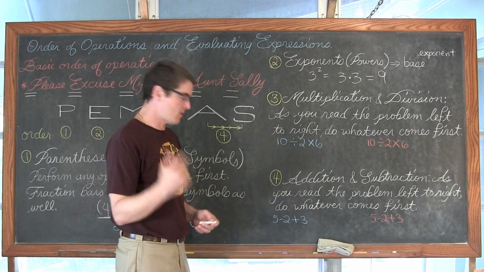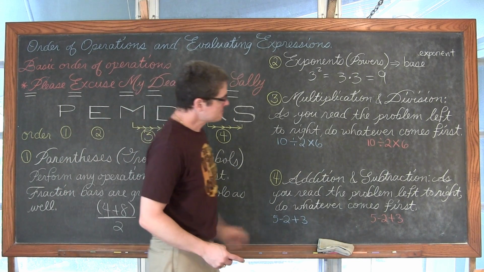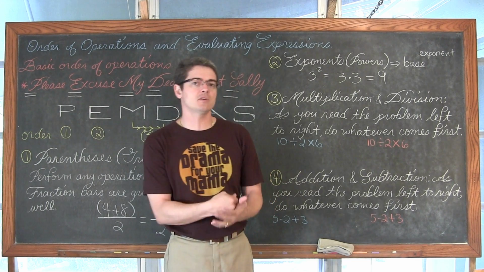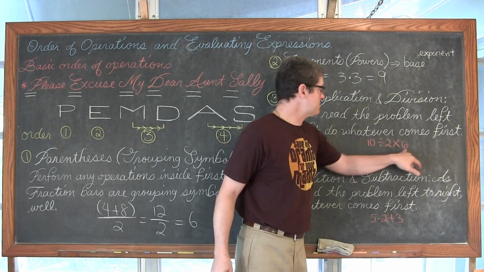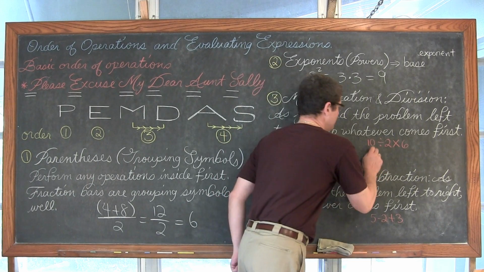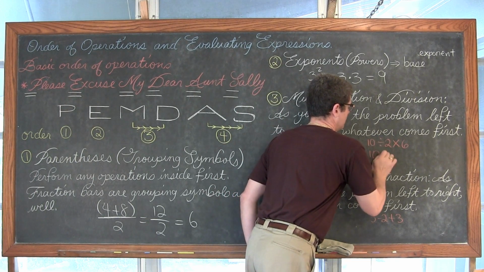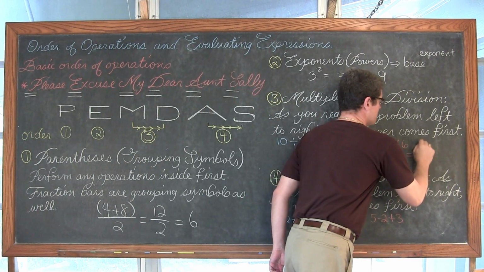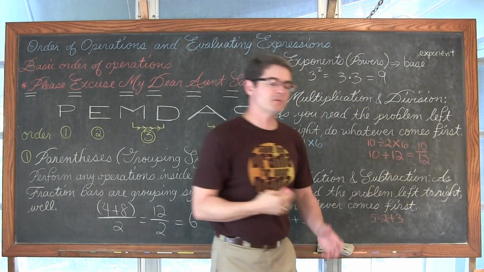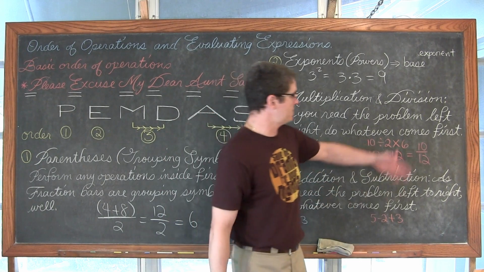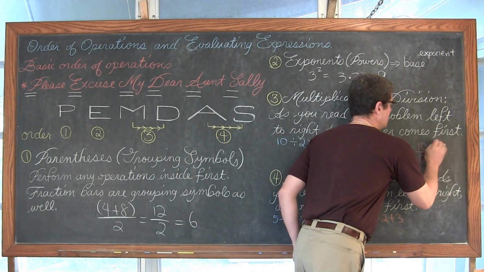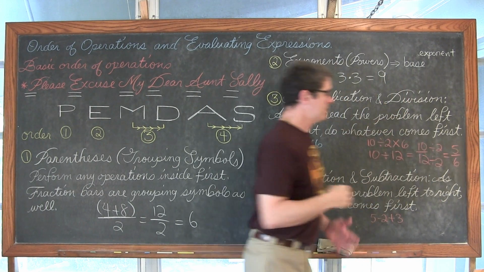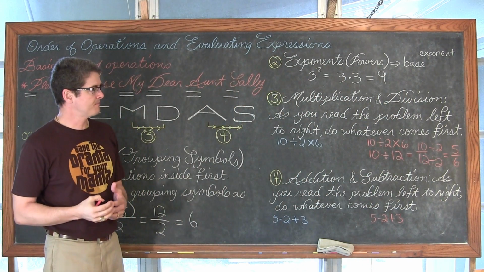Well, some people will incorrectly, and maybe we'll do the red first for being incorrect, go, okay, please excuse my dear Aunt Sally, my dear, multiplication and division. All right, so multiplication is 2 times 6, which is 12. And then 10 divided by 12 is equal to 10 over 12. Those are both even, so they can both be reduced. I can divide the numerator and denominator by 2, and we think incorrectly that the answer is 5/6.